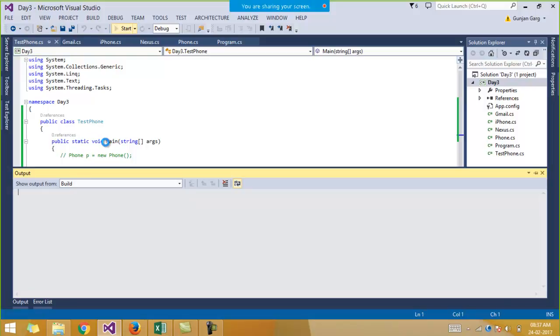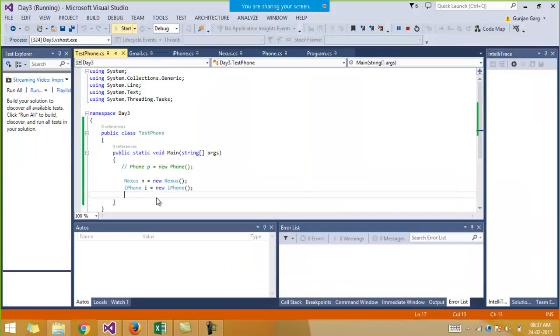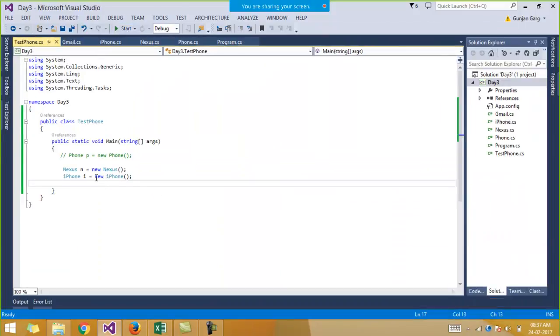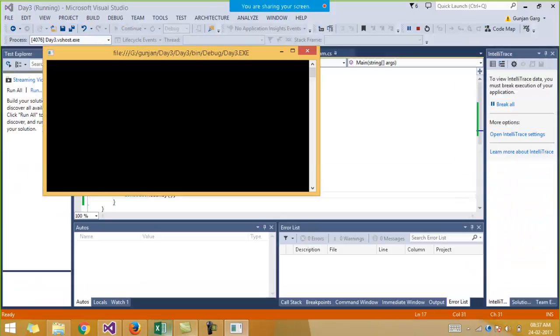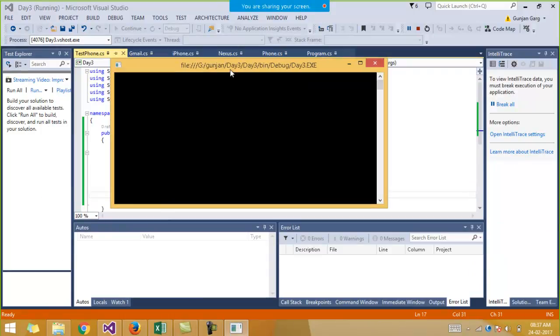I didn't write Console.ReadKey. Hold on, I'll just write Console.ReadKey so that we can read our output. And now if I run it, okay, it's not printing anything.